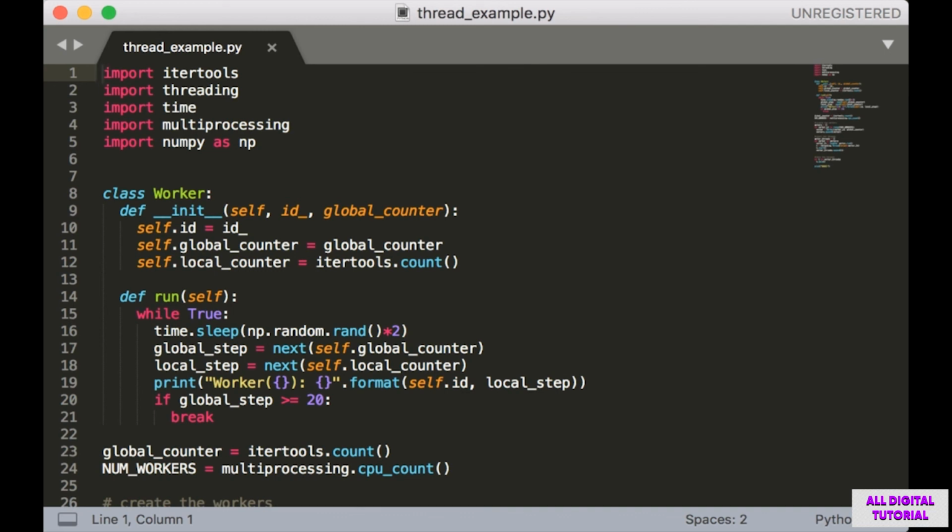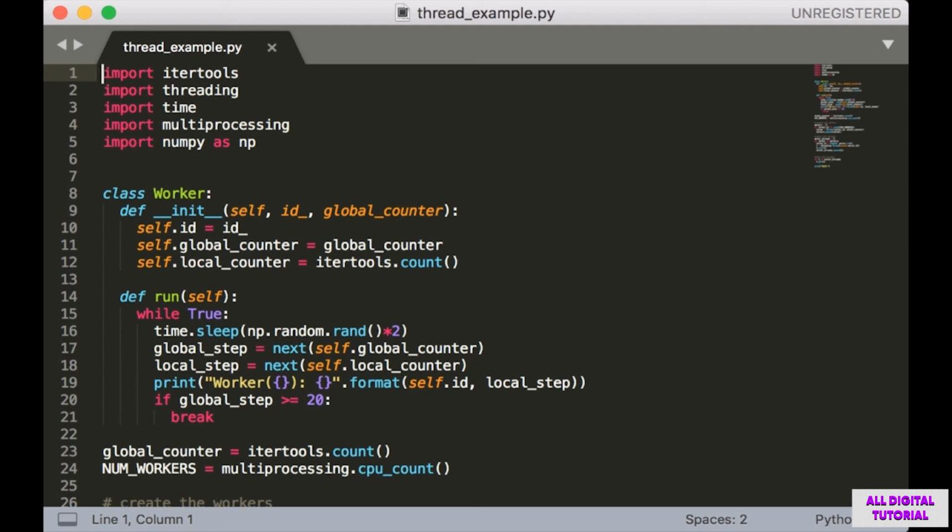In this lecture, my goal is to give you an overview of how threading works in Python, since many of you haven't seen this before. Essentially, this example will have the same basic structure as our real example, except each worker is just going to count and print out its count, up to a global maximum. The relevant file for this lecture is threadexample.py in the A3C folder.